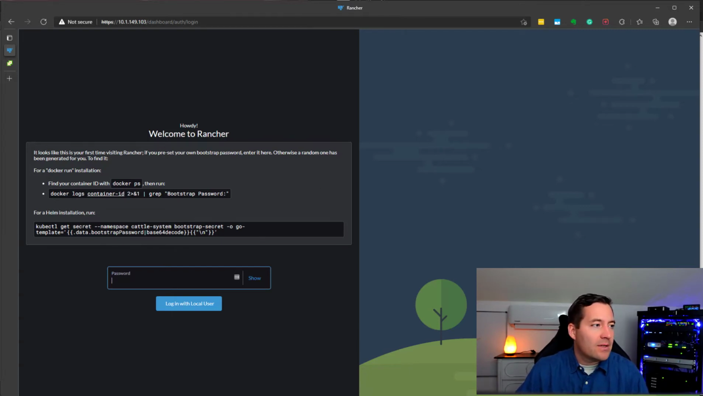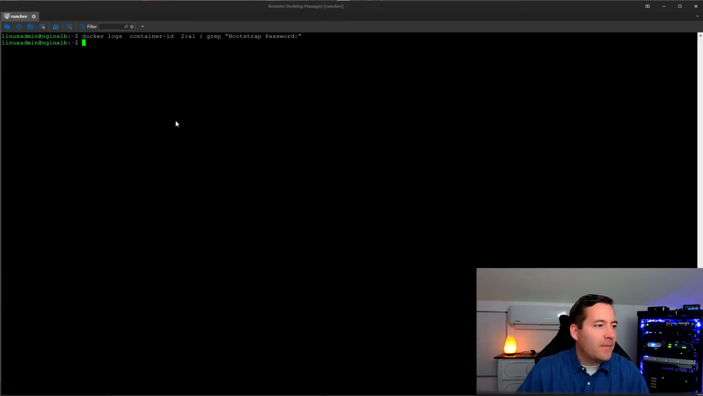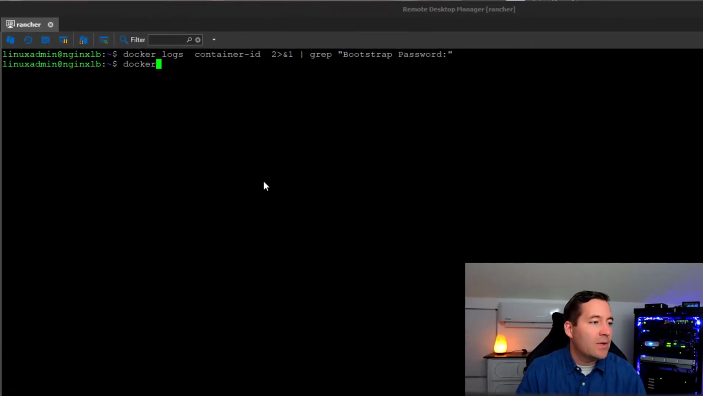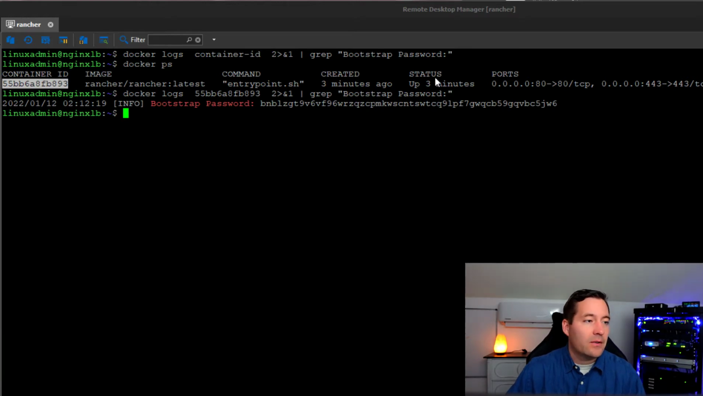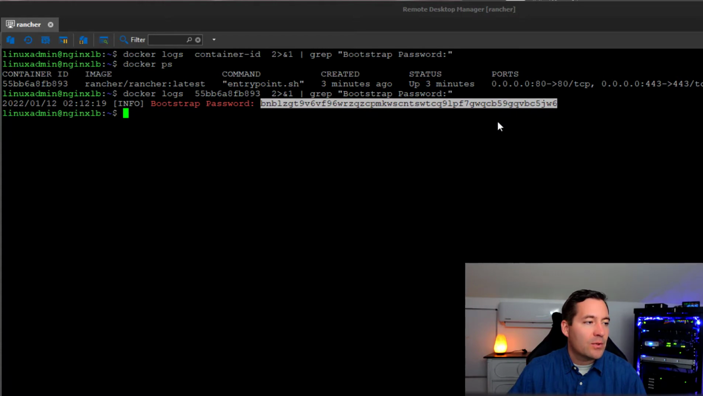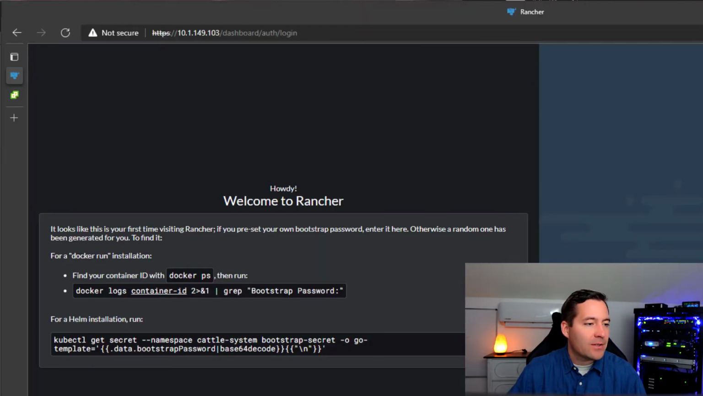So what I'm going to do is go back to the command line, but first I'm going to copy the command that's listed. And actually first we have to get the container ID. So what I'm going to do is go back to docker ps, and I'm going to copy the container ID. We're going to paste this into the command they give. And now that looks better. So we have a bootstrap password. So now I can copy the bootstrap password, go back to our